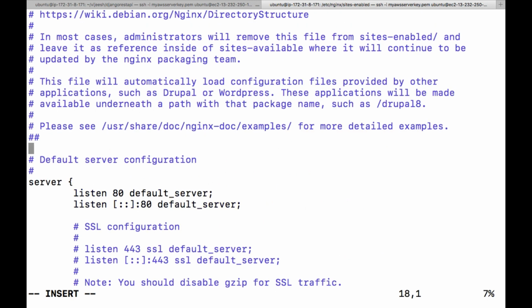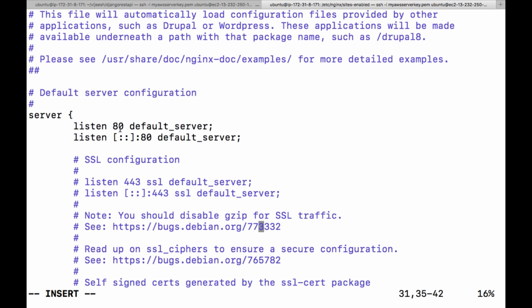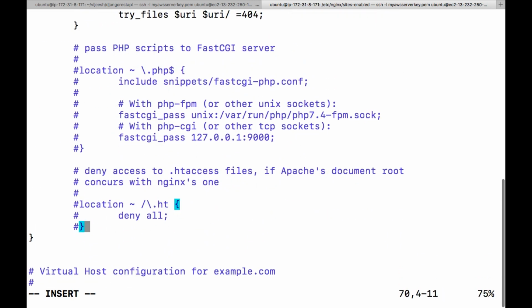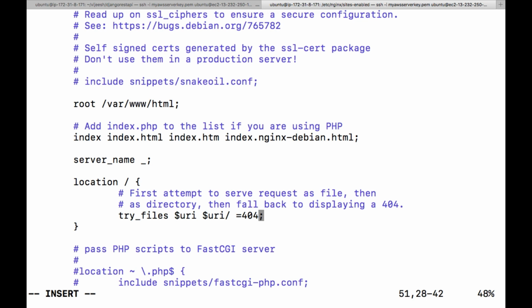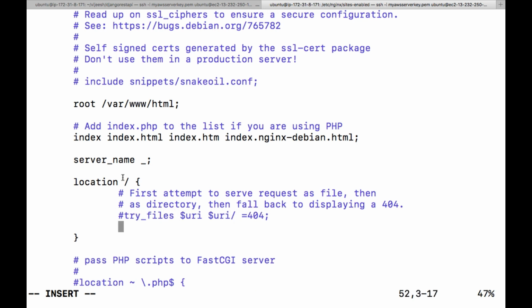Inside this particular server configuration, the server is listening on port 80, and here we can see location slash. Okay, I'm doing a simple configuration, so I'm just commenting this out for the time being. Whatever request comes to our Nginx web server, I want to route it through our Gunicorn.